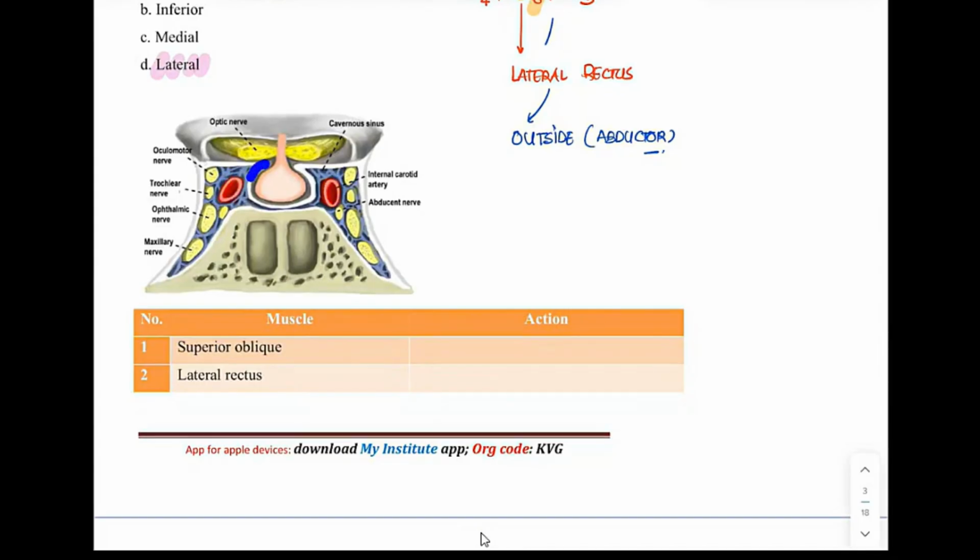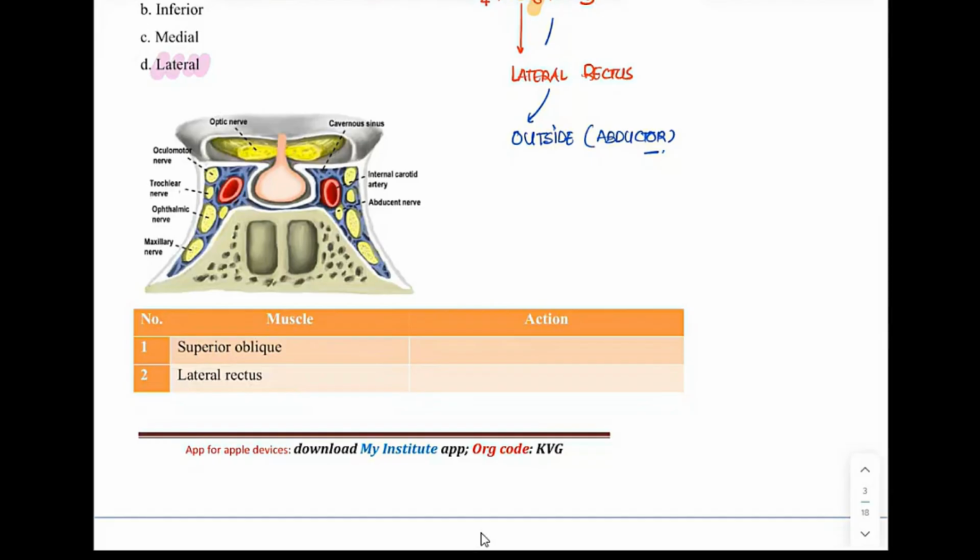This is the sphenoid sinus, the sphenoid bone, and you can see this is the sella turcica, in which there is the pituitary gland. Clear? And all this is the cavernous sinus, and in the cavernous sinus all the three nerves which supply the extraocular